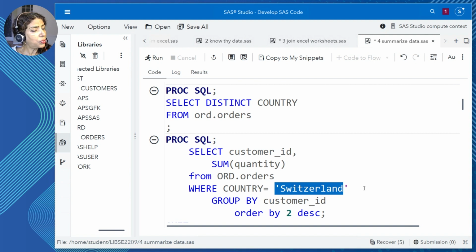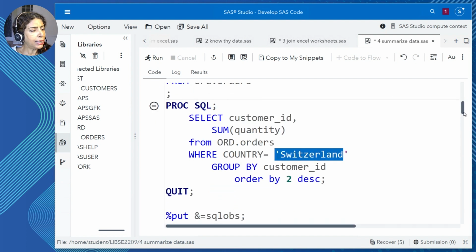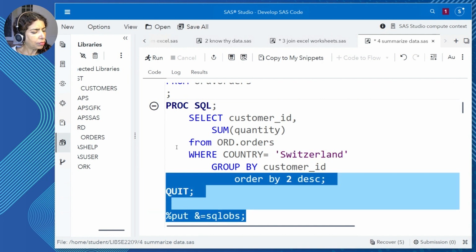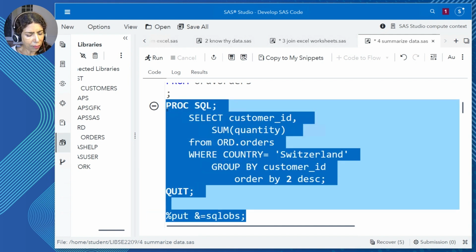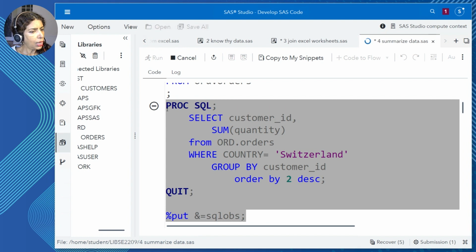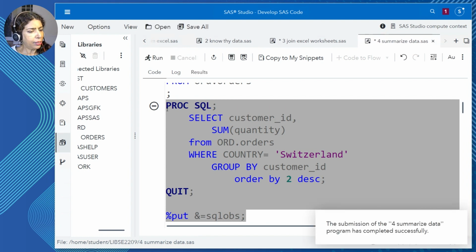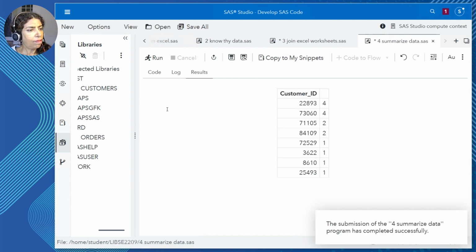So where country equals Switzerland, now I'm going to go through the data. I'm going to run this query again, and I'm going to get sum of quantity just for my Swiss customers. So let's execute this code and let's see what we get this time. Far fewer rows of data as expected.